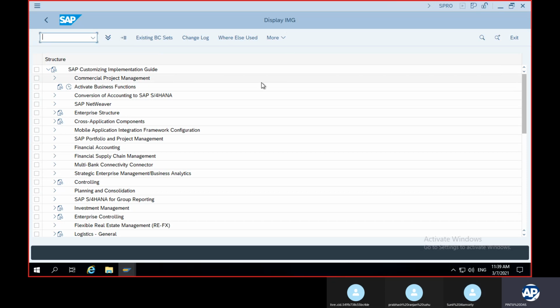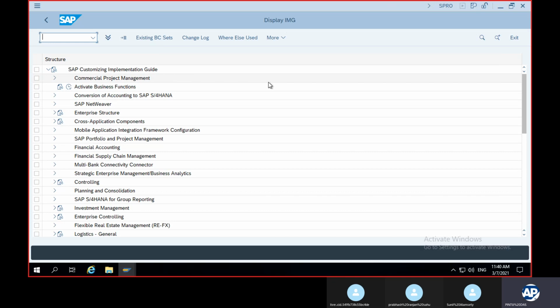The first thing I have shown you on the screen is that I'll be working on client 800. SAP provides their clients, whoever purchased the server, with client 100, client 200, client 800. On that base, we will be configuring our company, and on that, we'll be creating the company code, and on that, we'll be creating the controlling area.